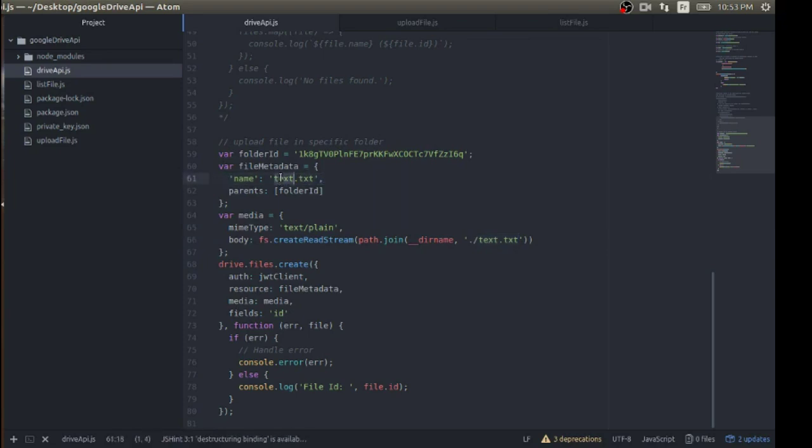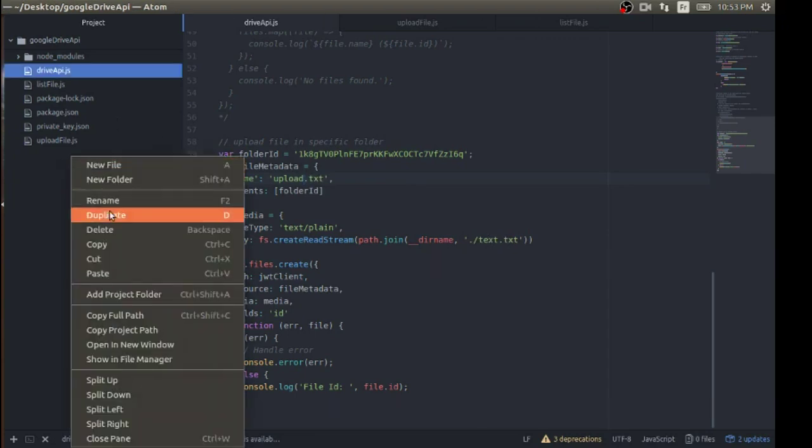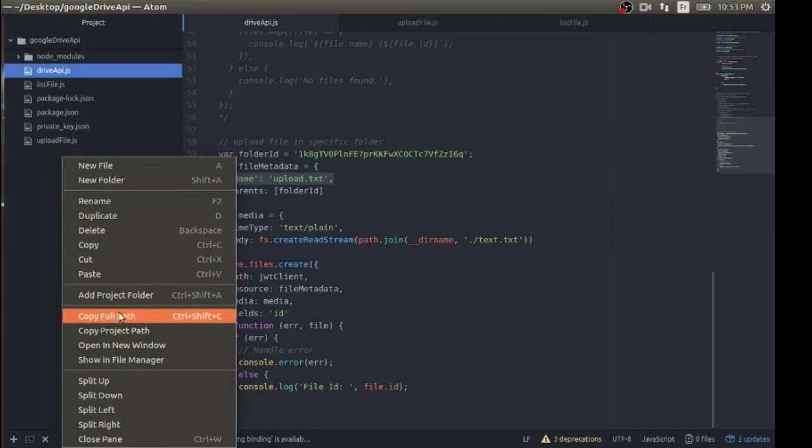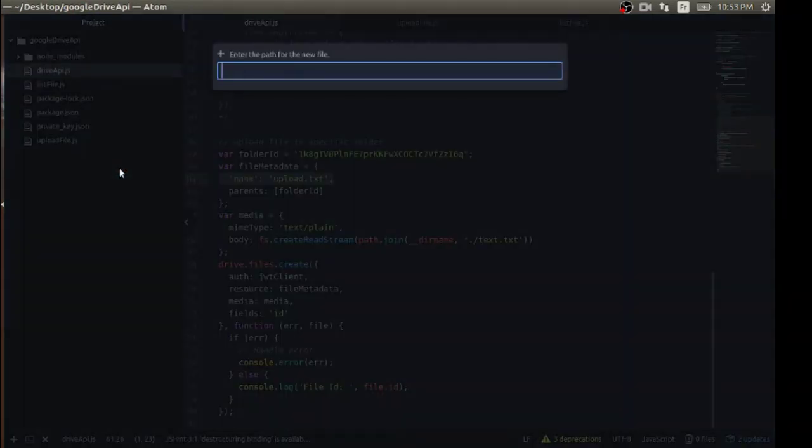We can name it, for example, upload.txt, despite the real name being text.txt. So just remember that you can choose the custom name of your file on the Google Drive web service. So I will just create a file,